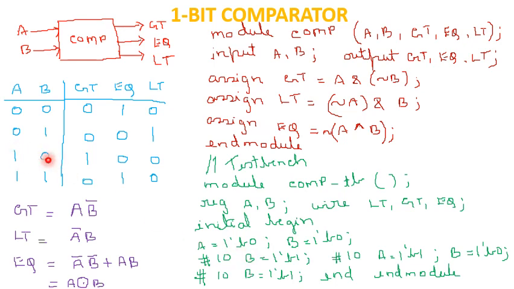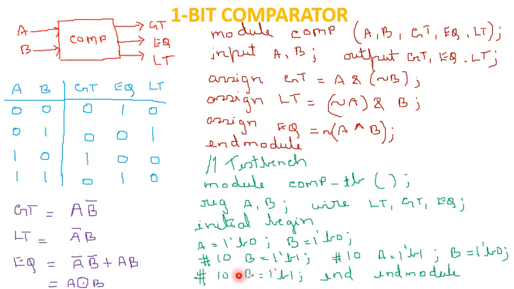For the next, third row of the truth table, A should be 1 and B should be 0. So initially it was A 0, B 1. So both have a transition. So that's why for the next line #10 I have made A 1 and B 0. Finally, the last row of the truth table is A 1 and B 1. So here what I have done is previously it was 1, so now also it will be 1. So again I have not given any value for A here in the last line. Only B, which was 0, should be made as 1. So #10 B is 1.